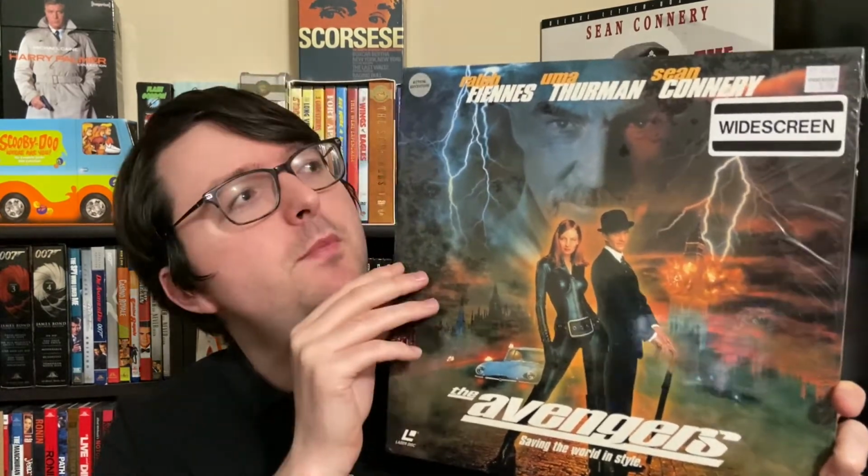And it's from this same lot, so it has this nice widescreen sticker. And this was very, very inexpensive for what I usually get outbid on this title for. It doesn't go for a ton of money, but this is usually a disc you're going to have to pay at least $25 to $30 for. It would probably be a bit more if it had a better reception and a bigger cult following. But for those handful of other Avengers 98 people out there, it is nice to finally be able to look at the late release Laserdisc version,